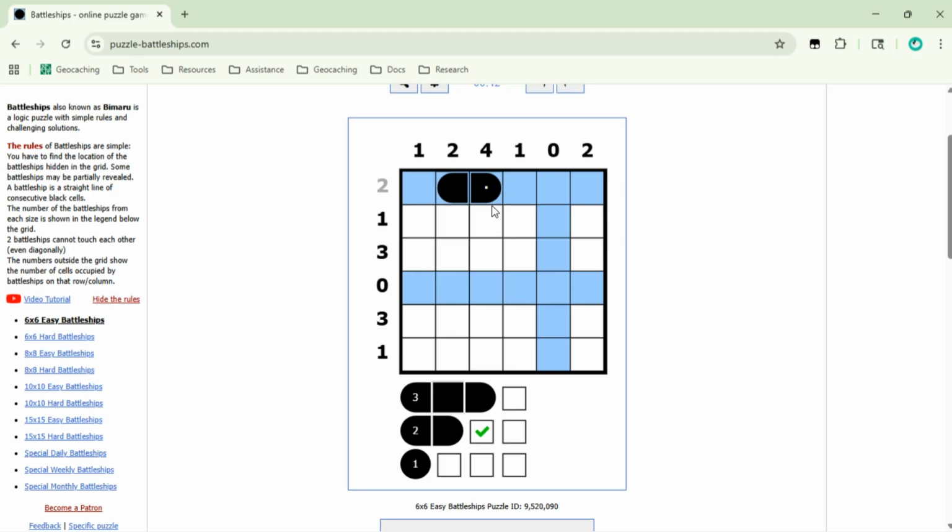Note that doesn't mean anything else, but we do know that the ships can't touch. So we know that this has to be water, this has to be water. Makes it easy. This one needs to be 4. The only way to do that is by doing this. So that's the only way to make 4 out of this. That satisfies this one. It only has 1, so we can immediately mark everything as water, and we are done